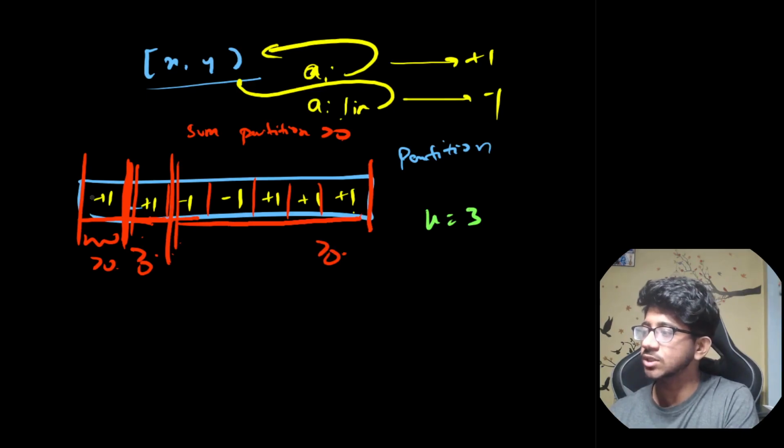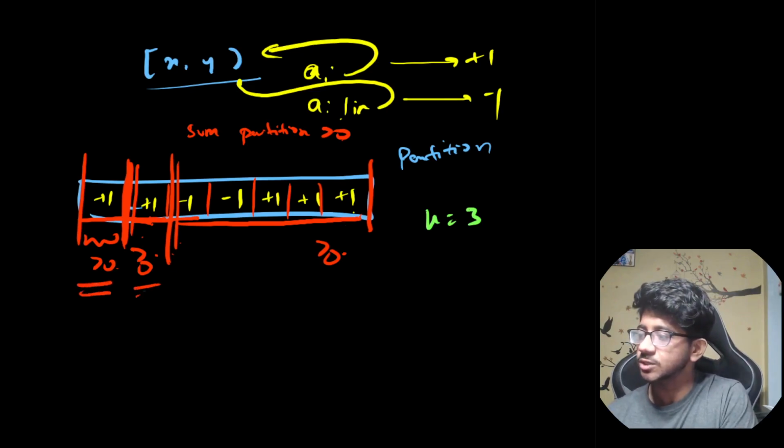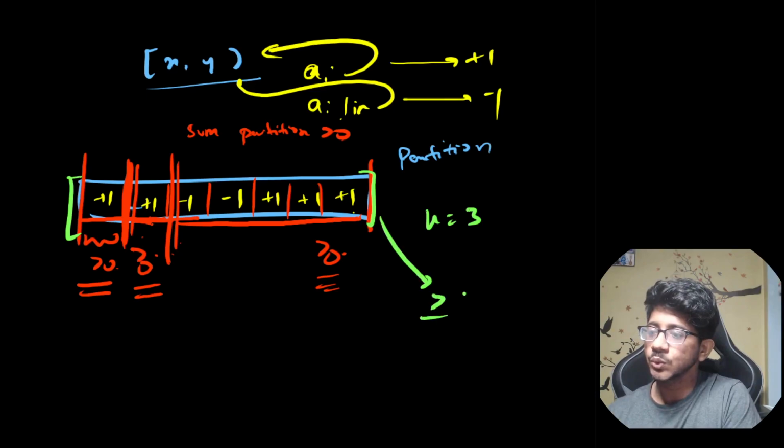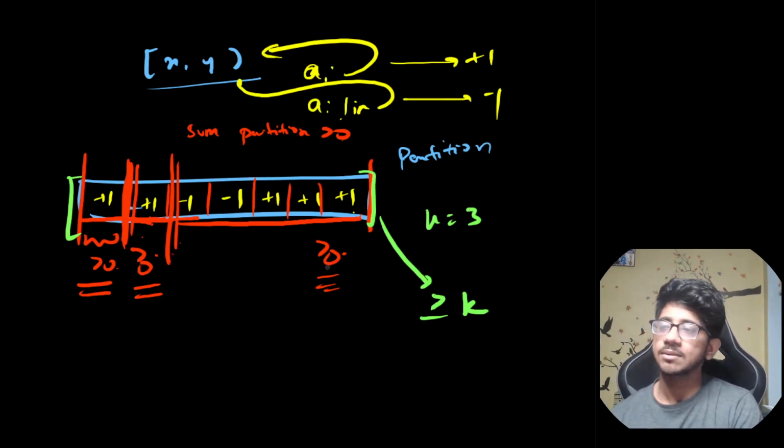And we can see that if you partition it this way, every partition satisfies the condition. So essentially this partition is greater than 0, this partition is greater than 0, this partition is greater than 0. So we can get a condition that if the sum of the whole array is greater than or equal to k, then only it's possible, because you have to at least increase k times. Then only you have 3 partitions, k partitions in general. So if the total sum of the array is greater than or equal to k, then it's possible,